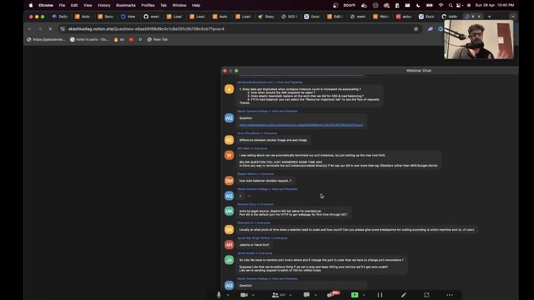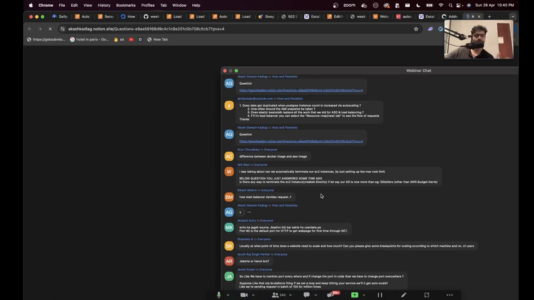How the load balancer divides requests is something AWS knows. There are a few policies, right? For example, round robin is the famous one. Round robin means I will send the first request to the first server, the second request to the second server, the third to the third server, then again to the first server, second server, third server, like this. Or it could be based on the load on the machines, because it's a load balancer. So you should probably balance the load, right? If there's a single machine at 50% CPU, you should send the request to the other two. So you'll probably have to read how AWS does it, if they have